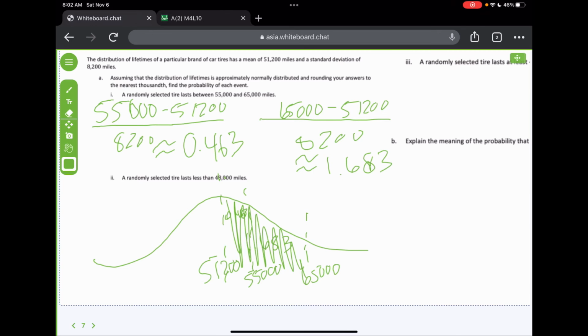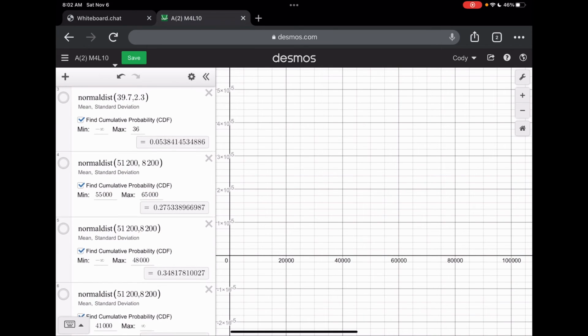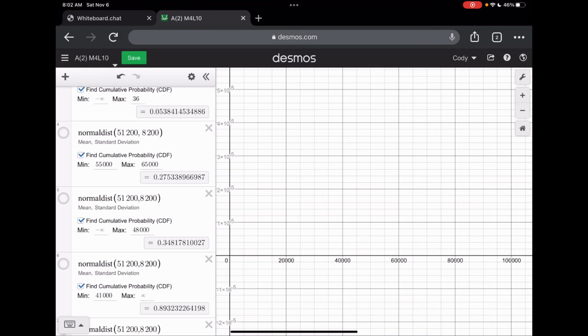Okay, so I've already got that done on Desmos. Let's come up here, let me find it. Right here. The normal distribution with a mean of 51,200 and the standard deviation of 8,200. You're going to find the cumulative, which means the combined probability of the values of a minimum of 55,000 and a maximum of 65,000. And when you do that, let me graph it for you. There it is. That's kind of what I was showing you under that curve a while ago. That's only the values that you're looking at, and the probability of falling in between that range is